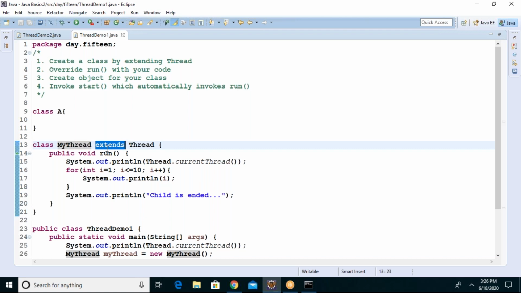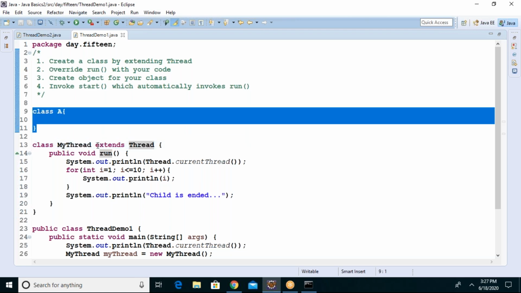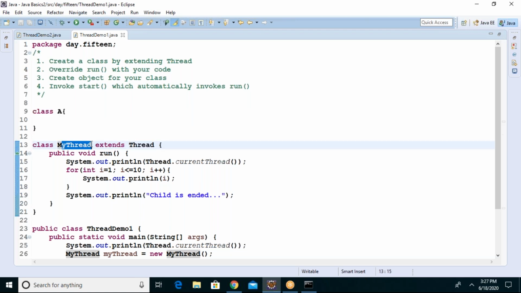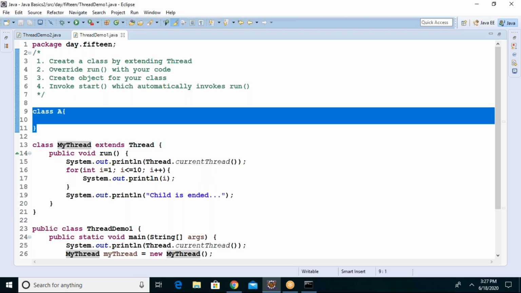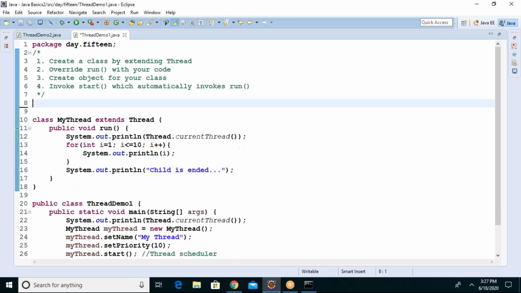I told you I will explain later with the interface. Do you remember? You asked me to explain a real-time example, right? Now I am showing what multiple inheritance is. Now there is another extra class. I want this to be inherited in my thread class. Is that possible? Not possible, because extends thread is already done. But my requirement is different. I want thread as well as A to be inherited. So in this approach it is not possible.